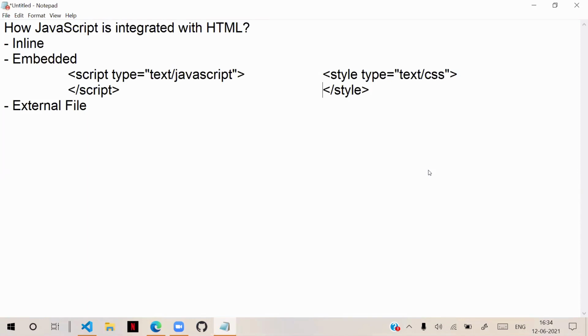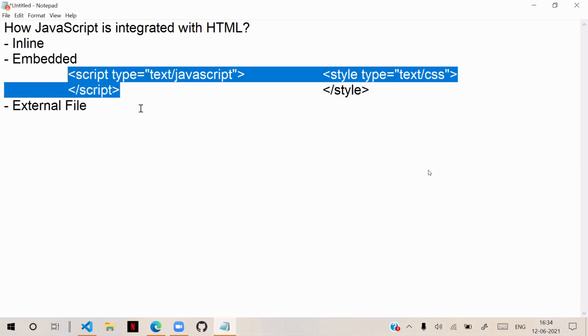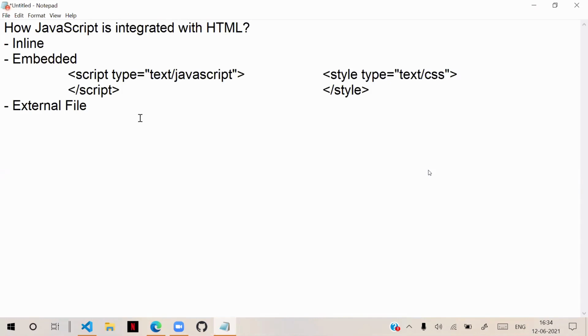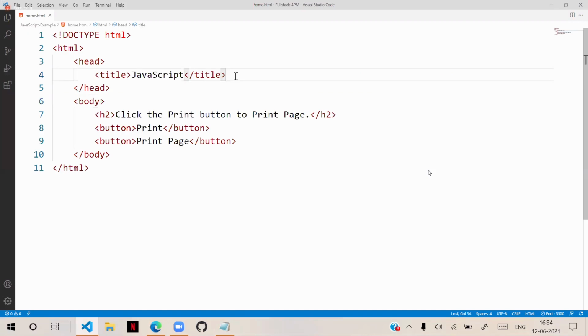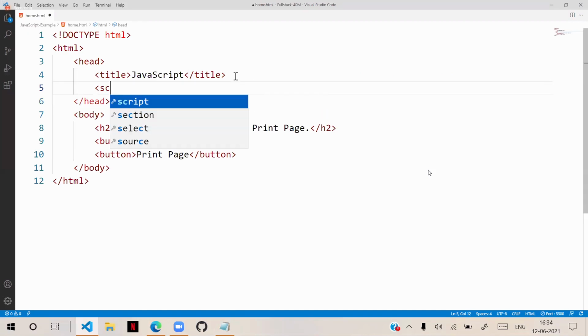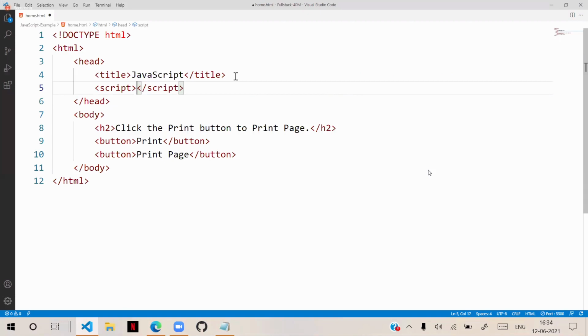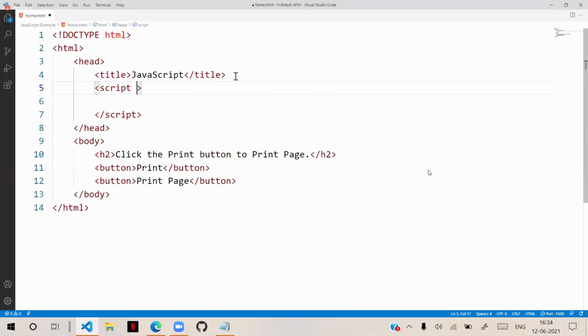You have seen that in all our Bootstrap pages, we kept the scripts in the body section, right? The script is embedded in the page. So in the head section or body section, we can write a script. And for the script MIME type, we have to define type is equal to text slash JavaScript.